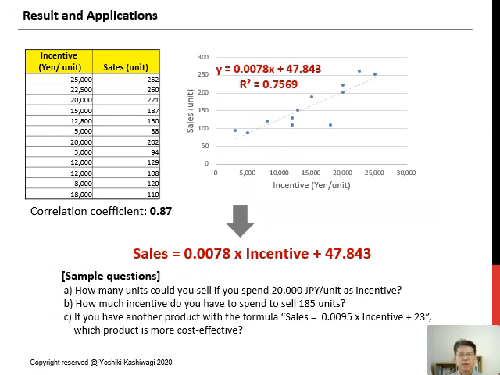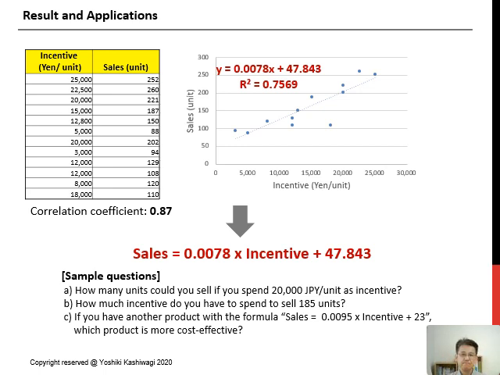Here's an example. If you look at the chart, this is an incentive in Japanese yen per unit, and you get the sales result. You have 2, 4, up to 12. This is the result of every month last year. You have the 12 months' results. If you take the correlation coefficient, in this case it is 0.87. That means incentive and sales have a strong correlation,